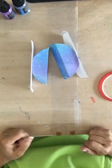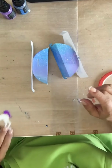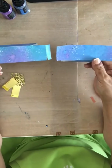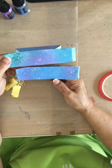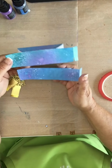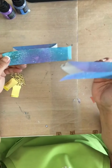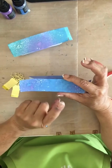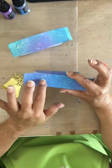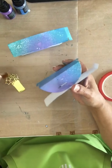Okay, so next thing we're going to do is, first we want to add these pieces in. So here's what I suggest, is to look at your two pieces, the long band in front, and decide which one you want to have as the front. I like that one. I'm going to use this because I think when I put the word on it, it's better from the solid area, and that's the only reason. So what you want to do at this point is you want to